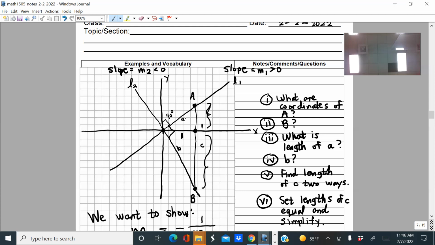It's going to be what? Rise over run. So here's the rise, right? And the run is what? 1. So you know that M1, the slope of this top line, has to be this rise over 1, which means,